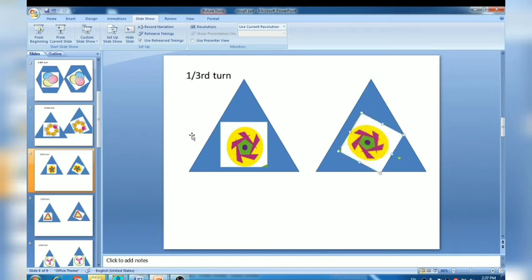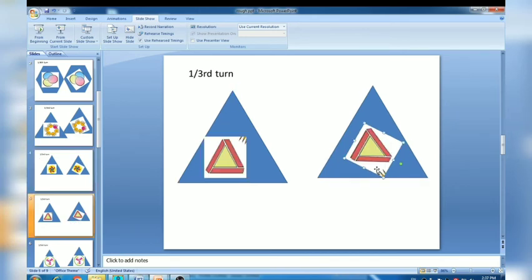Now tell me, you can see the triangles which are around the green shape look the same, but what about this green shape? It changed its direction. Okay, so on 1/3 turn this shape does not look the same. Okay, now again this, does it look the same? Now I will move this point towards the second vertex and see whether it looks the same. So yes, it looks the same.